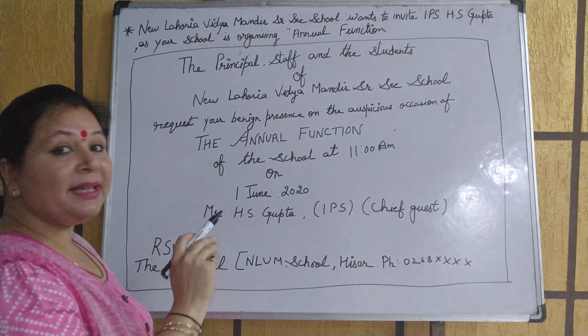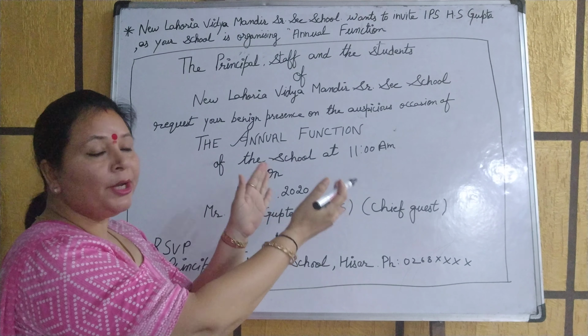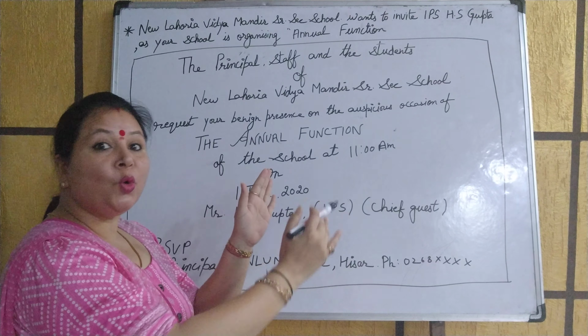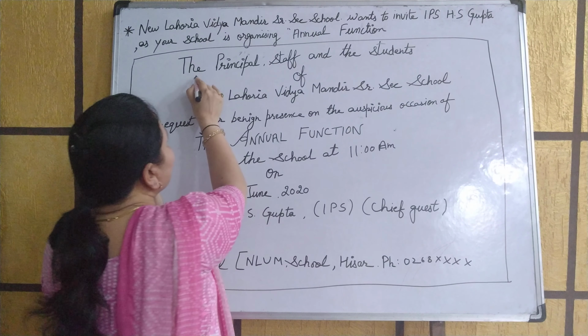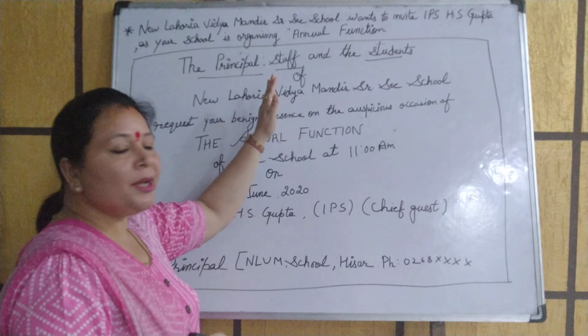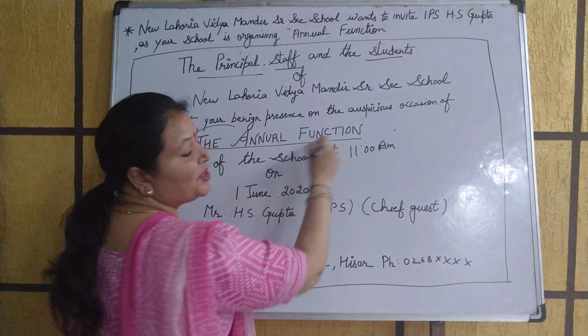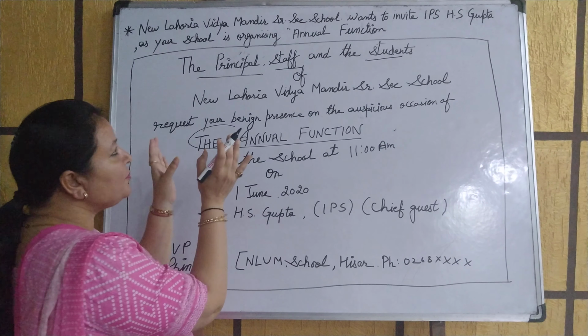Okay beta, firstly when we get the format, according to the format we just did, what did we write first? Who is inviting. So who is inviting? The principal, staff and the students. Okay, they all are inviting. And what is the occasion? That is the annual function. Okay, and what you have to just